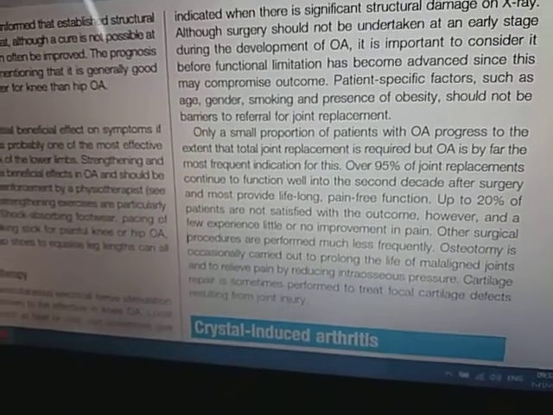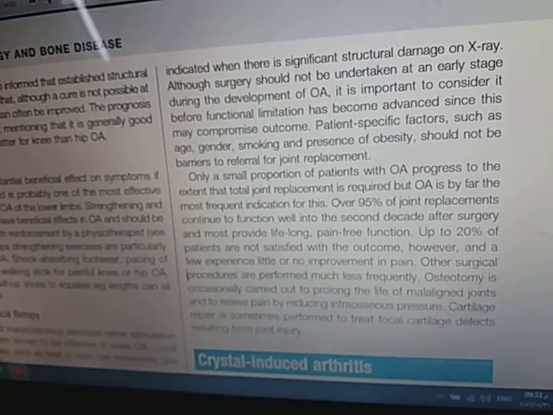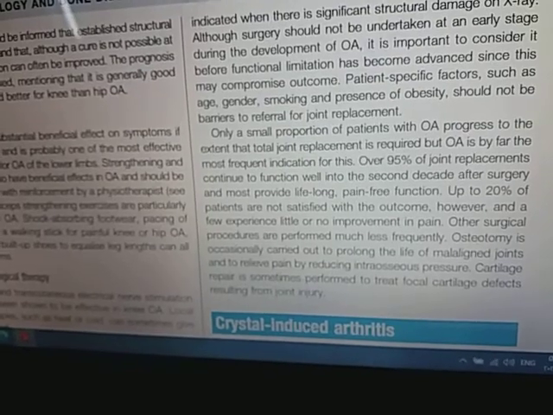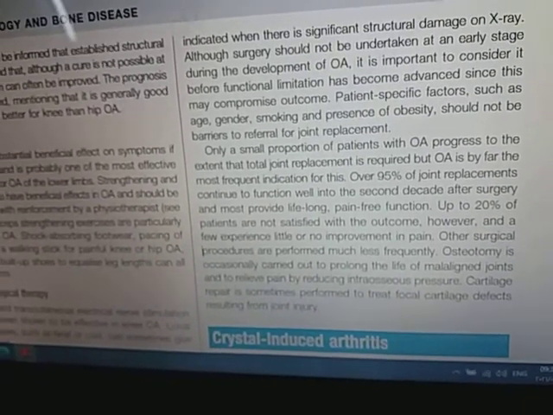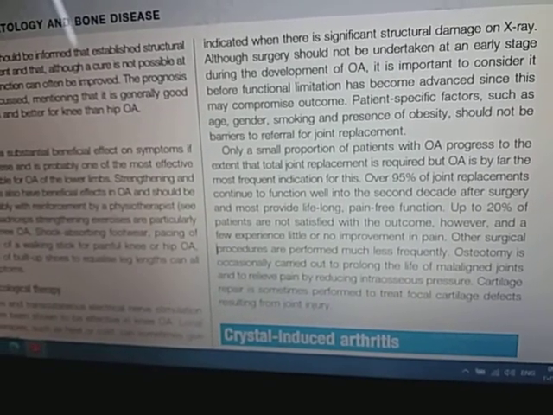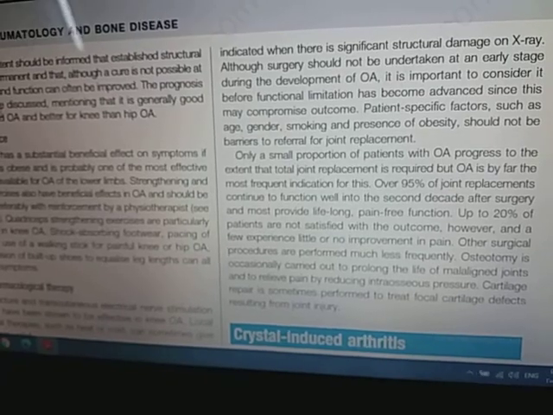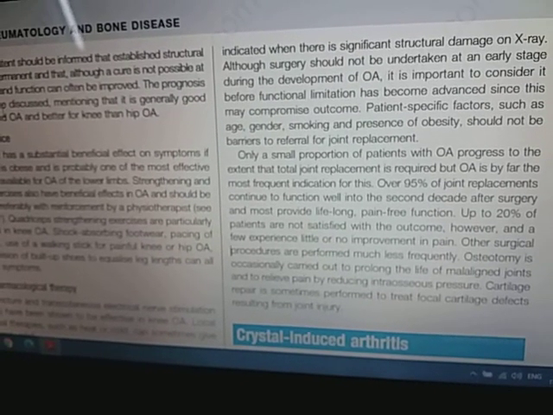For lifestyle changes, reduction of weight in obese people is very beneficial, especially for weight-bearing joints, for the osteoarthritis of the hips, of the knees, and for the lumbar